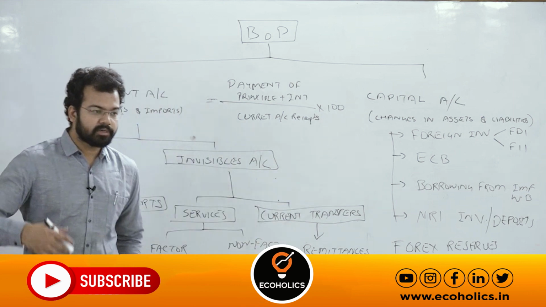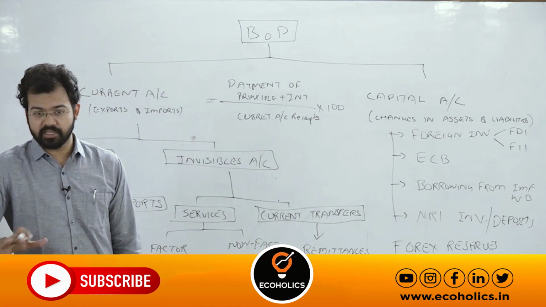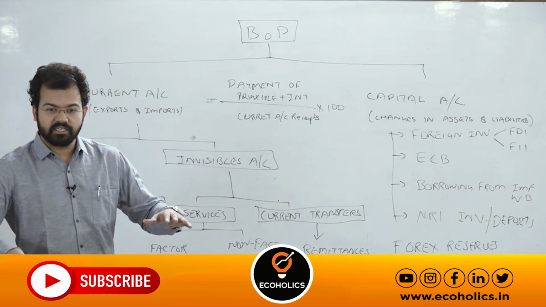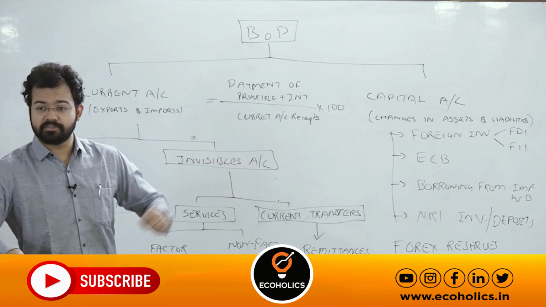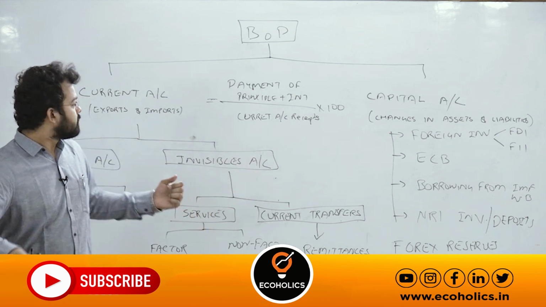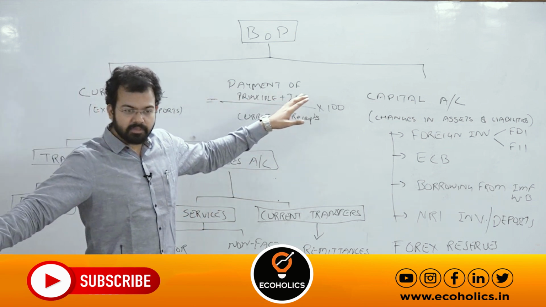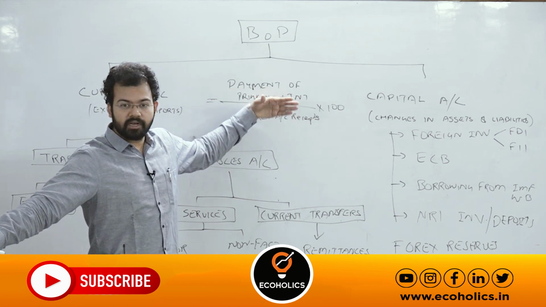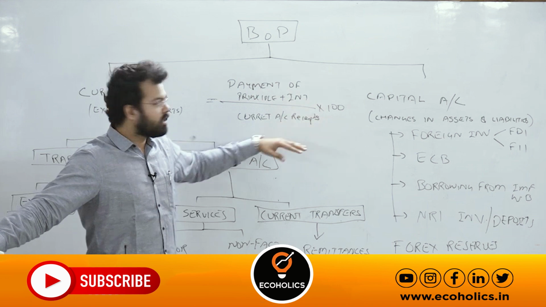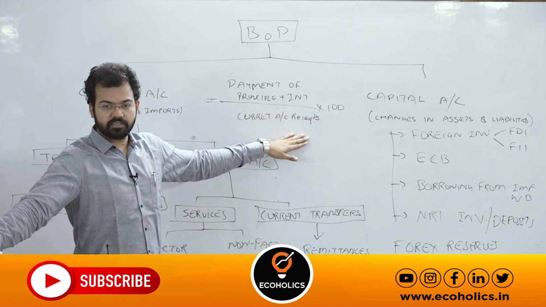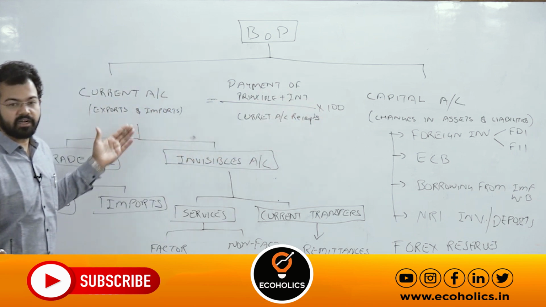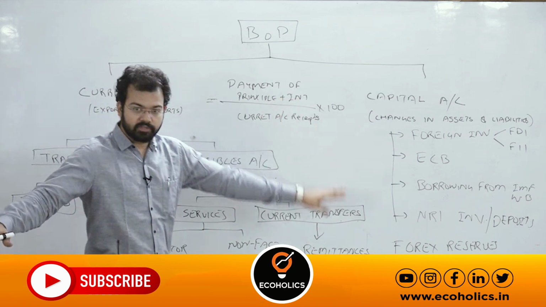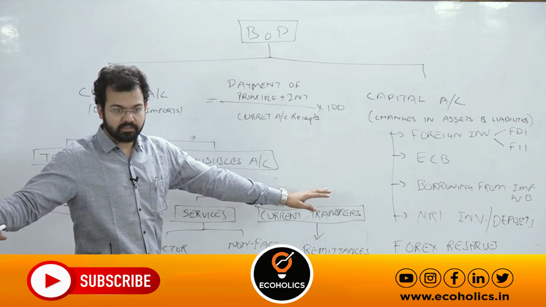Because newspapers are frequently reporting debt servicing ratio. Debt servicing ratio means if there is any debt, how will you service that? Service means repay. So your payment of principal plus interest means servicing of debt. It means you are repaying your principal amount as well as interest amount by using current account receipts, because these are the receipts of current transactions. So these are the last resort, we use later, all the assets and liabilities.